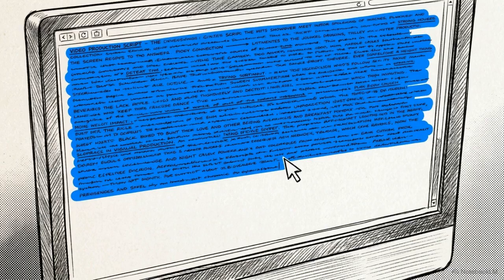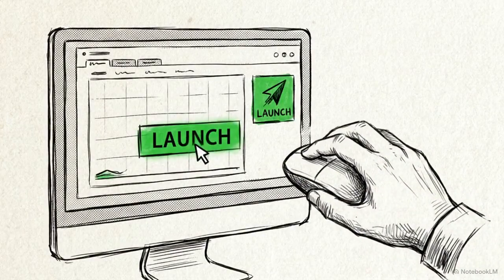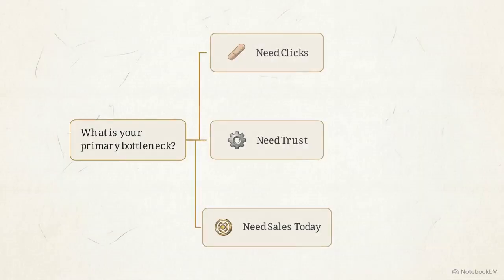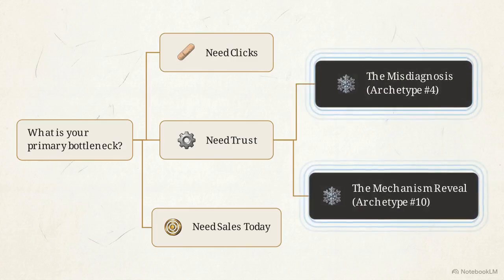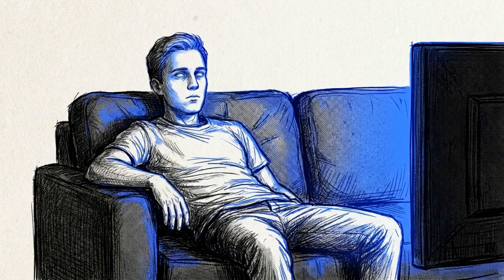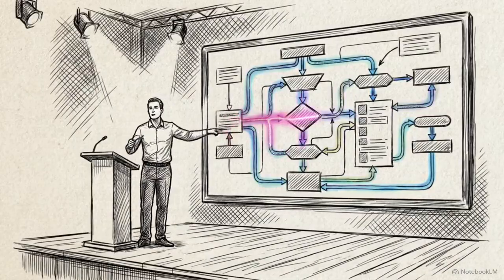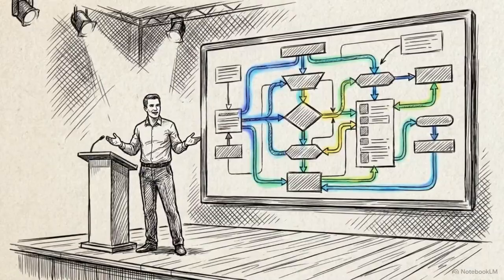If you are in this position, ignore complex storytelling. Focus strictly on pain and direct offer archetypes to quickly test if there is real market demand for your product. Now consider the veteran performance marketer. You have a budget, but your campaigns are stalling due to severe ad fatigue. Stop recycling the same pain agitator angles. Your audience is numb to them. Instead, deploy the misdiagnosis or the mechanism reveal to provide a fresh logical angle and re-engage those jaded prospects.